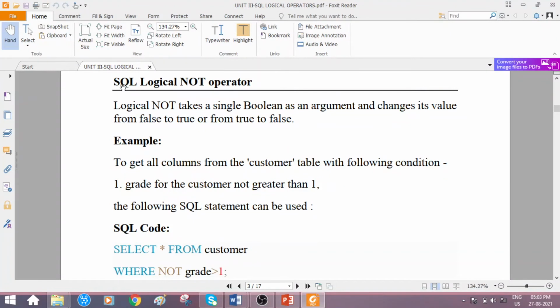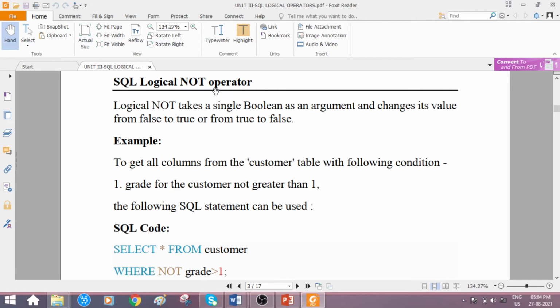The next topic to be discussed is the logical NOT operator. It is a very easy one, or the concept is known to you all. If any true value is given, it will return the false value. Or if any false value is given in the expression, it will return which one? The true value. Okay. Logical NOT takes a single boolean as an argument. So logical AND and logical OR should be given with two boolean expressions, whereas the logical NOT operator can have a single boolean expression as an argument.